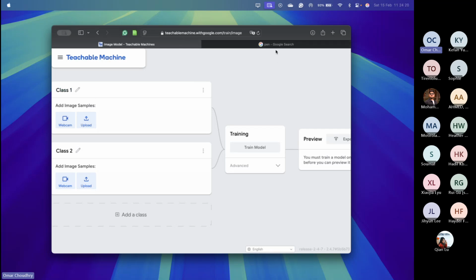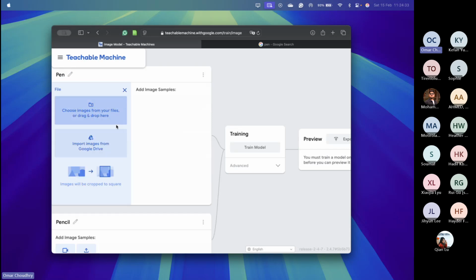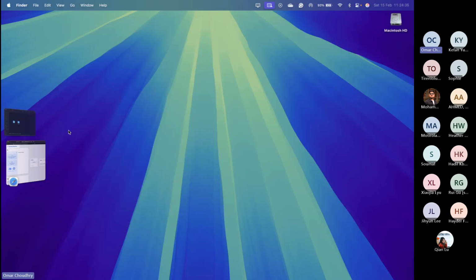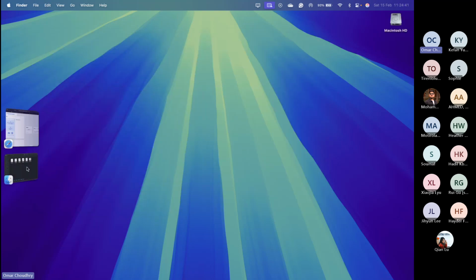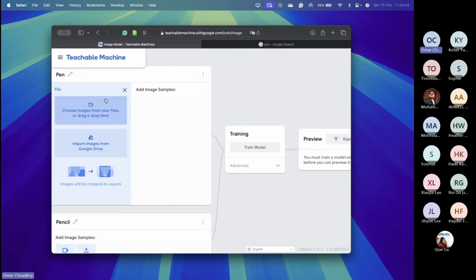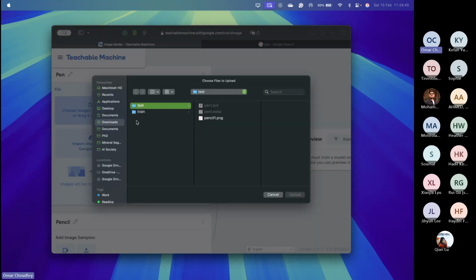I'll go back to the PowerPoint if we need to see these stages again. On Teachable Machine now, I can put the different classes, right? So in my example, I'm using pens and pencils. You could use whatever else. And now we can upload. So I can go into the images that I got of pens, and I can place them all in the folder here. So if I select all of,